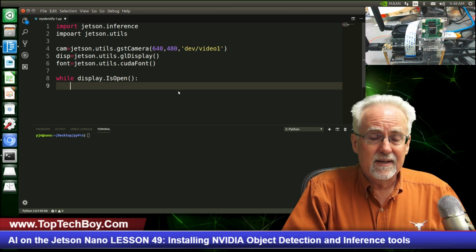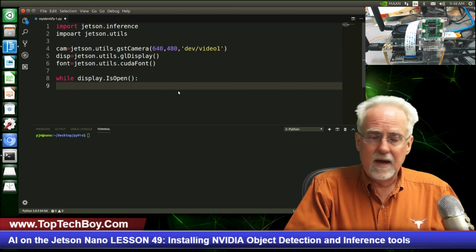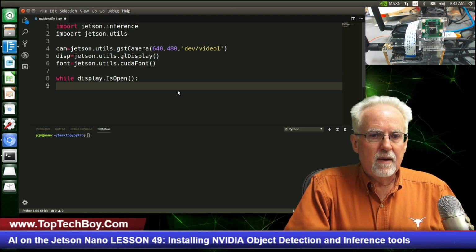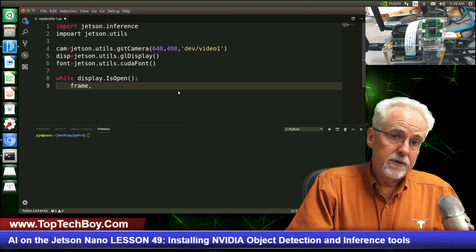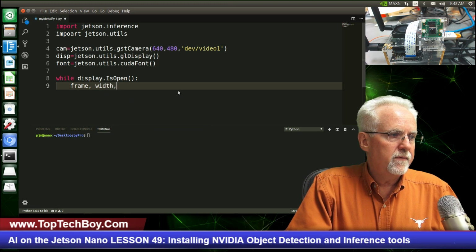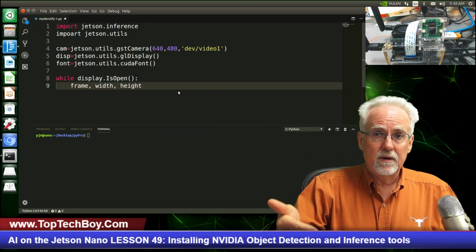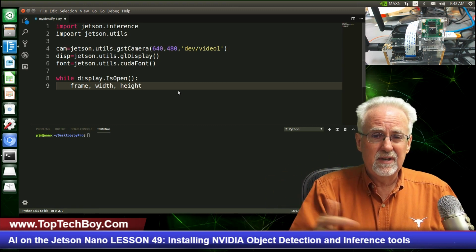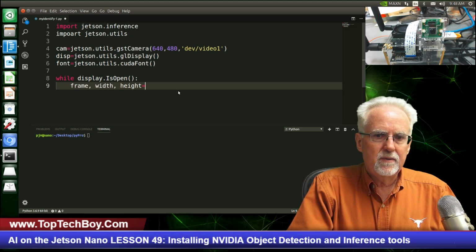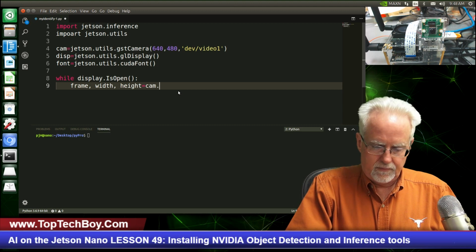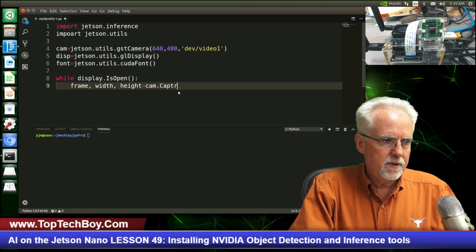So it's kind of like now we're not going to have to do that wait key business. So now we're going to go out and we're going to get a frame, and then we're also going to get returned to us the width of the frame and the height of the frame. And so now it seems like every time we call something or get something returned, we're sending it the width and the height. And when we grab the frame, it gives it back to us. And so this is going to be equal to cam.Capture